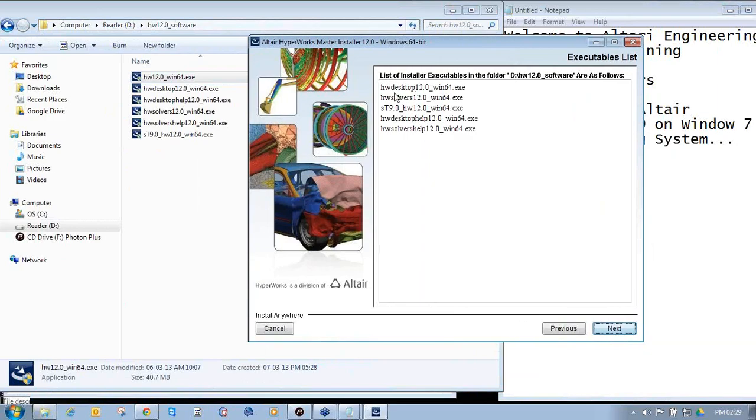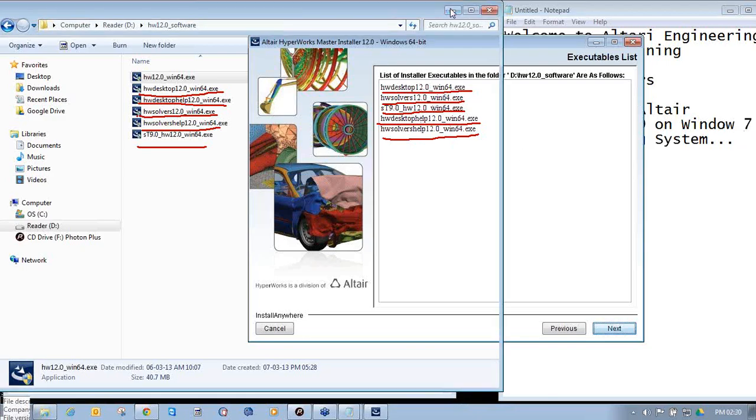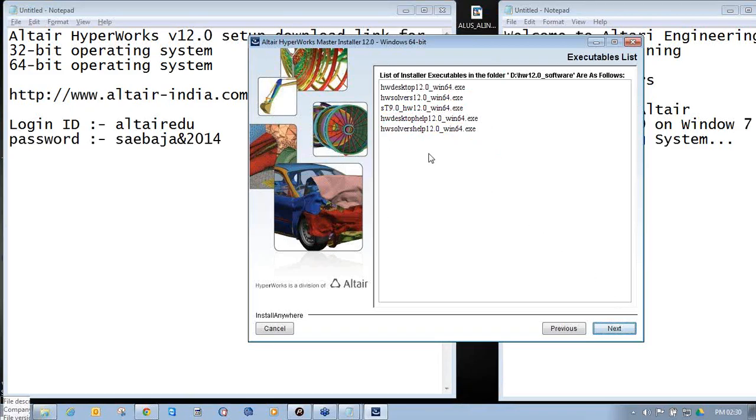It has HW Desktop 12.0, HW Desktop Help, HW Solver, Solver Help, and ST HW, that is Solid Thinking Inspire. In this way it has picked all the exe files, and during the installation it will install all the necessary setups on my machine.